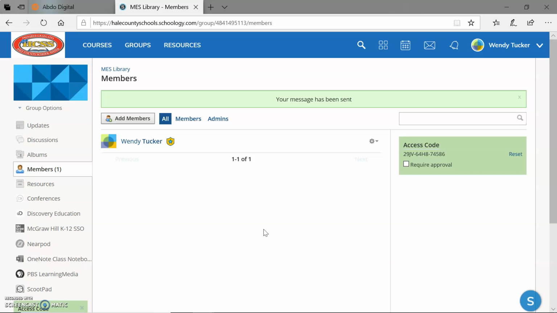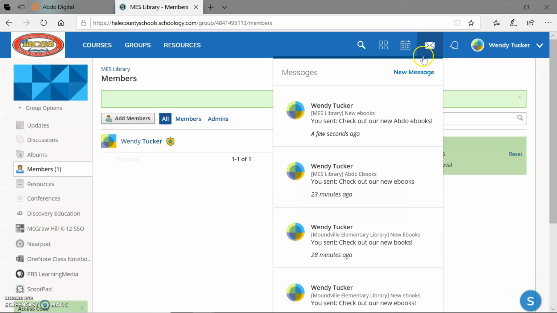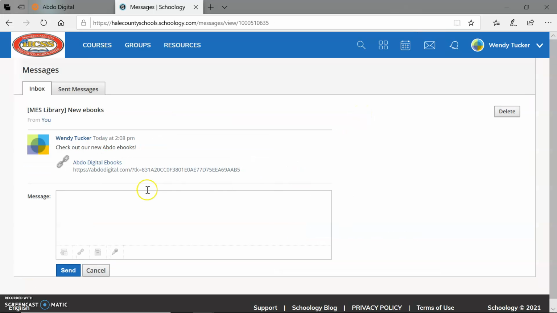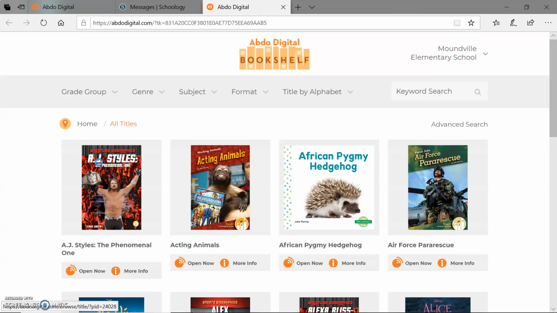Now when my students log into their Schoology, they don't even have to go into a course. They can just simply click on the message box at the top corner. They will see that they have a new message, and then they'll see that they have a message from me. All they will have to do is go read the message, click on the link, and it takes them directly to the Abdo digital bookshelf with no